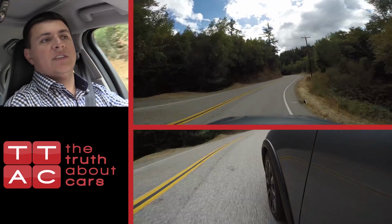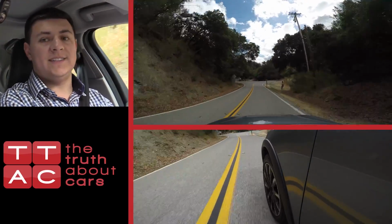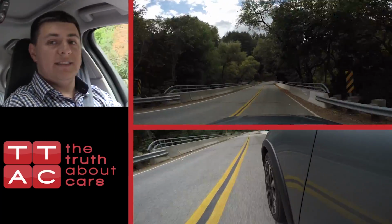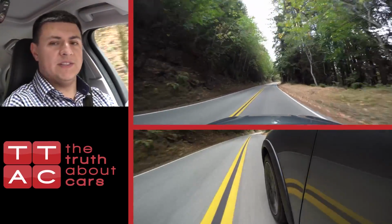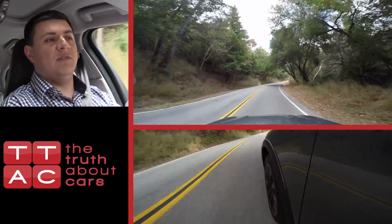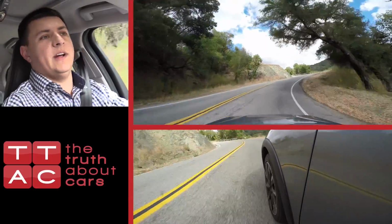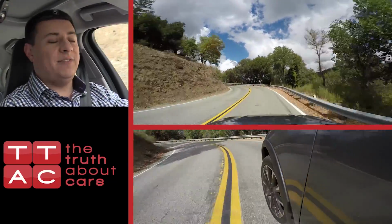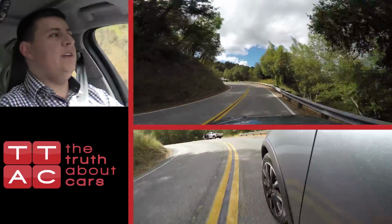Out on the road, the S60 Cross Country is sort of an odd duck as well, because this actually drives and handles very much like the S60 sedan. The extra ride height really doesn't have that much of an effect on the ride or the handling, and this is very, very firm. This is actually about as firm as you'll find in certain BMW M Sport models. That actually surprised me a little bit. This is not the Subaru SUS or the AMC Eagle in Volvo form. This is also not a sedan version of the XC70, because the XC70 is fairly compliant out on the road. Out here on this winding mountain road that is not exactly well paved, you can definitely feel every bump. Now on the flip side, handling is absolutely excellent,